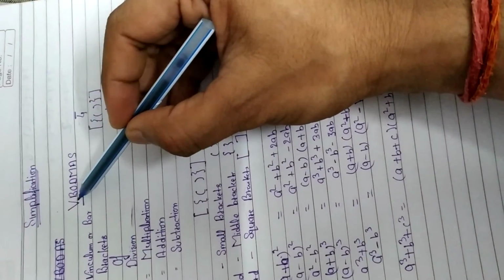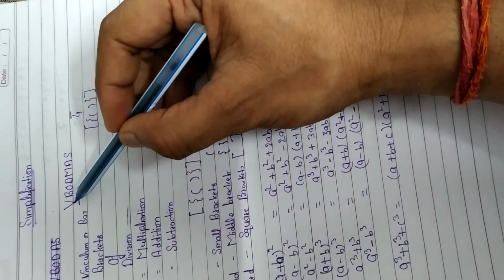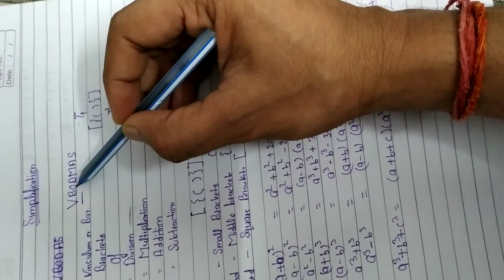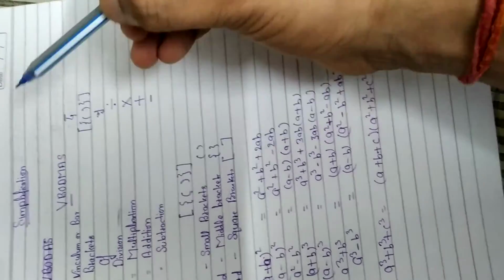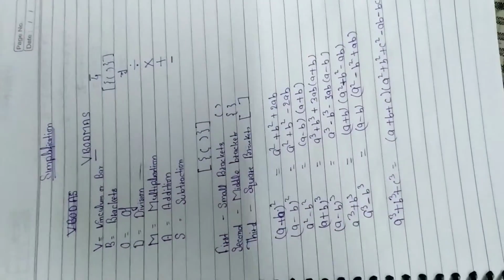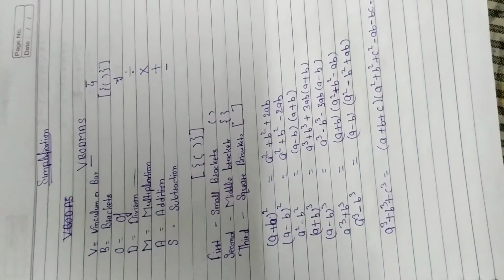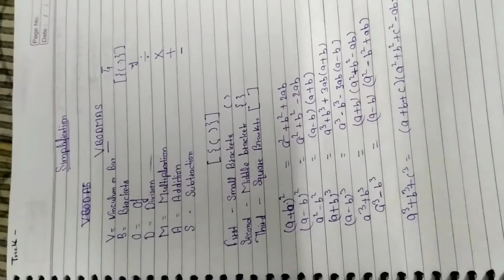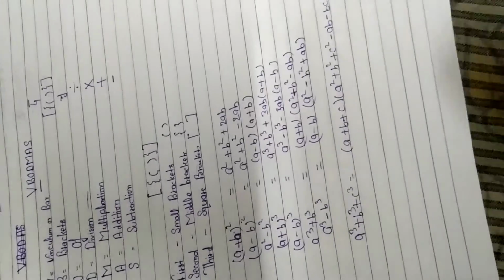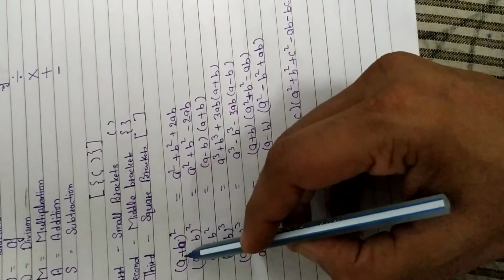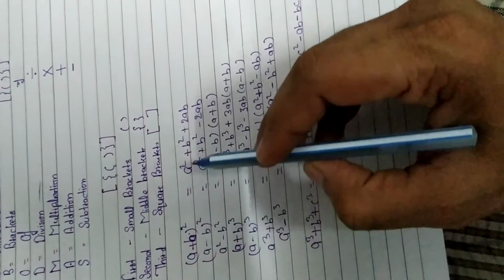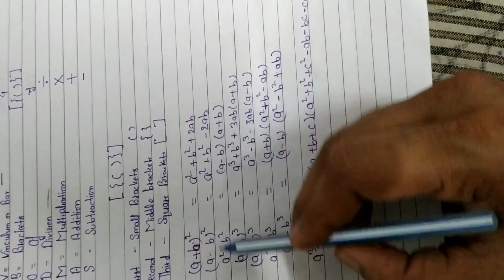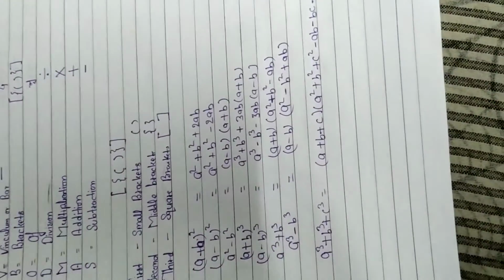So this is the simple formula for BODMAS. First the vinculum or bar, then second the brackets, then of if any is given, then division, then multiplication, then addition, then subtraction. If you follow this sequence, your answer is fine. Maximum questions will be asked on this, so practice and you will find it. Calculation is most important here. Now there are some equations you must remember very easily: a plus b whole square is a square plus b square plus 2ab, and a minus b.